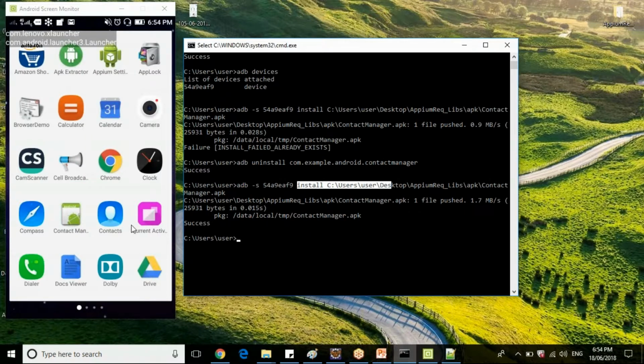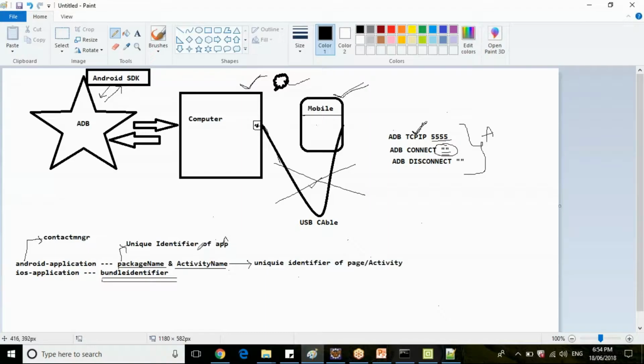To identify the package and activity name, let's quickly go back here, guys. For any Android application, the package name is a unique identifier to identify your package or application, either to install, to uninstall, or to launch your application through Android debug.